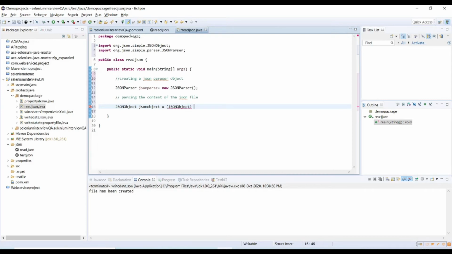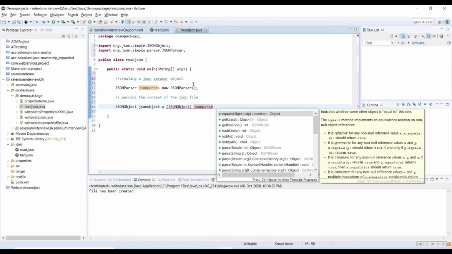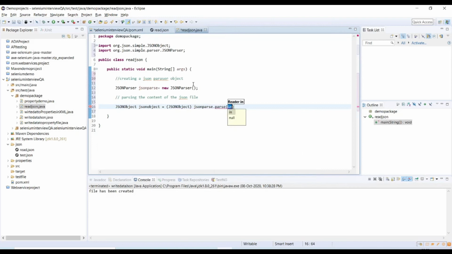So for that, we need a JSON parser object and the parse method. Under parse, we need to refer to our file location from where we are trying to get the data.